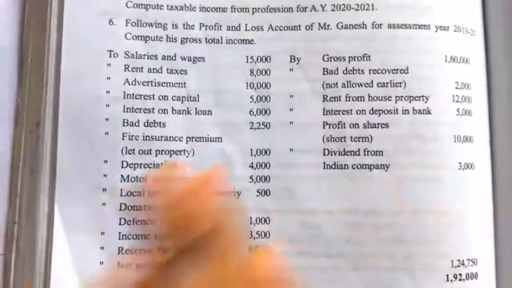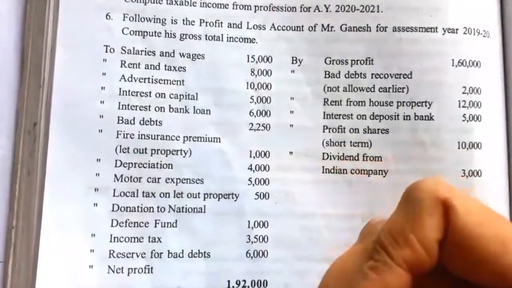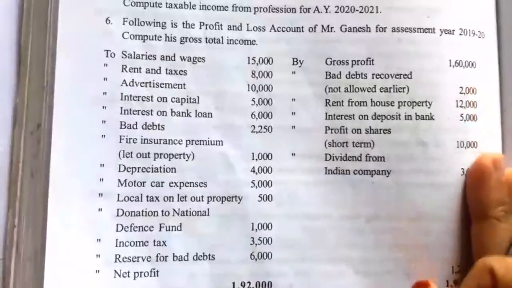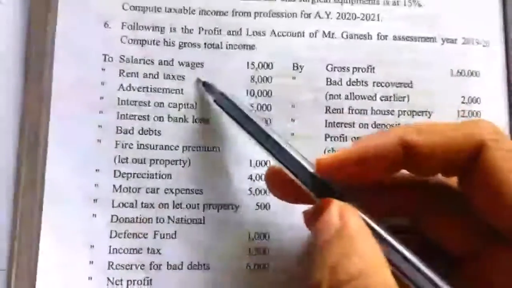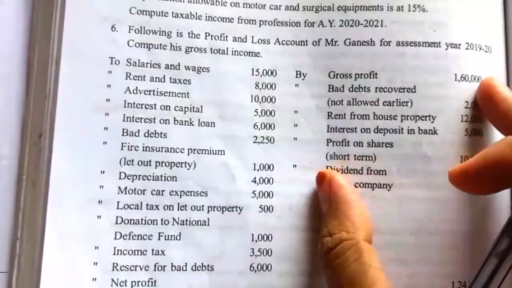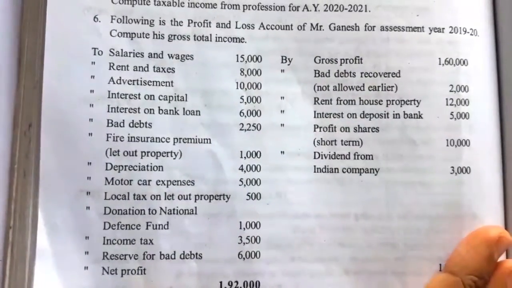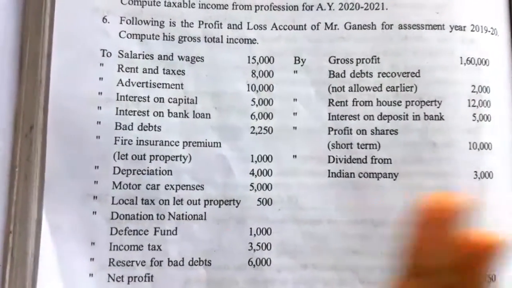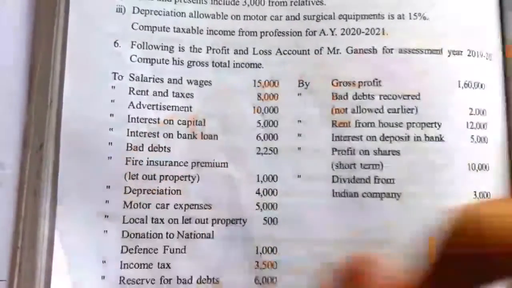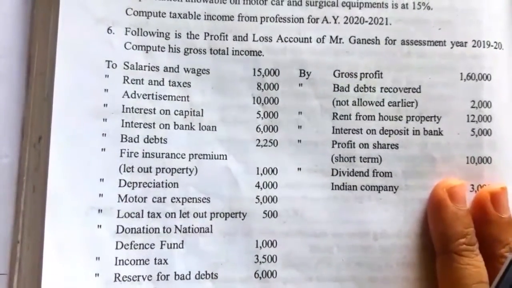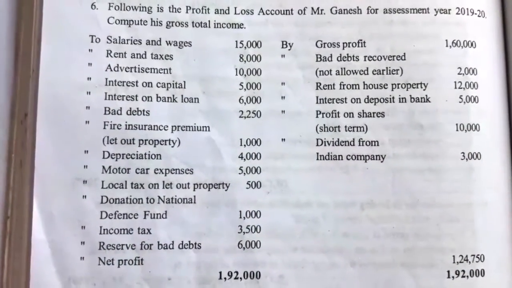It shows on the debit side some of the expenses, and the credit side shows the income. The debit side shows the expenses incurred by a particular business; this is the profit and loss account of one business. The debit side shows the expenses incurred by that business, and the credit side shows the income received by that business. So here, as per income tax,